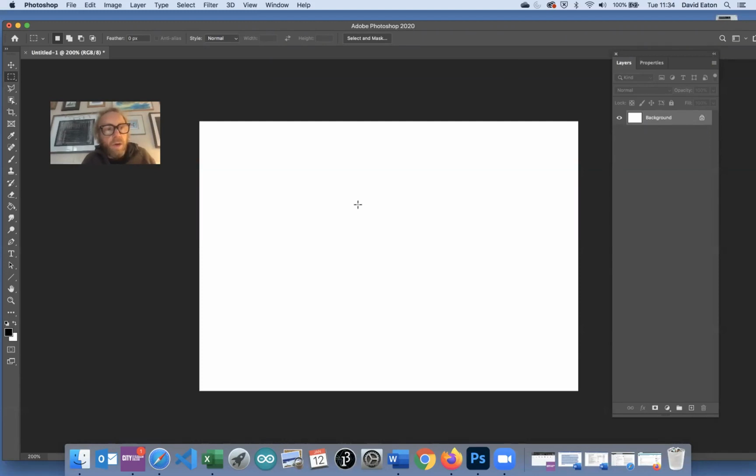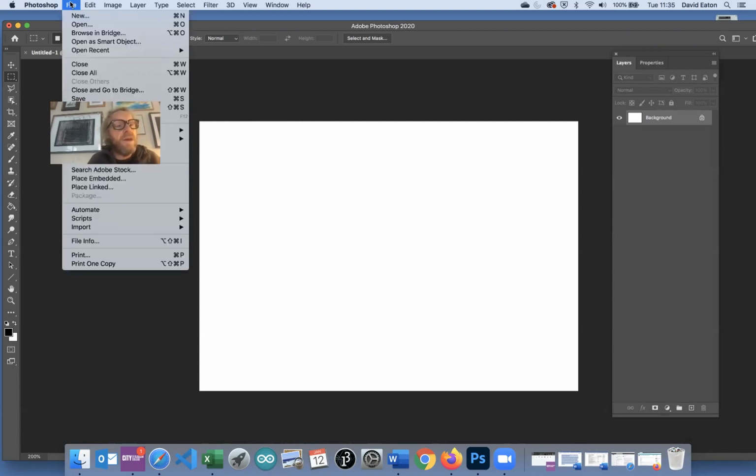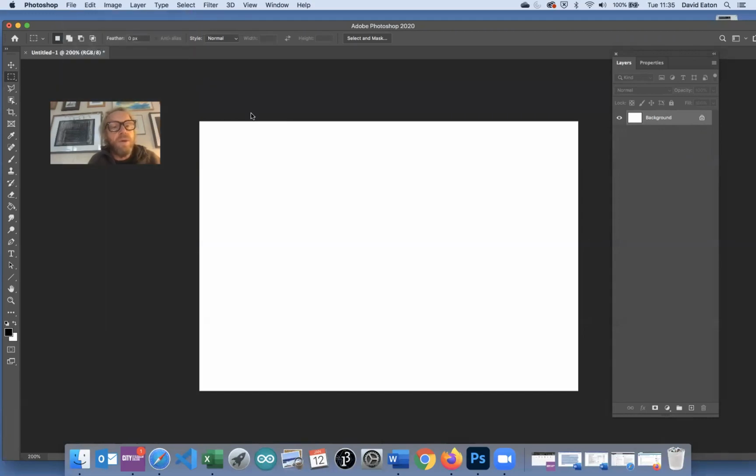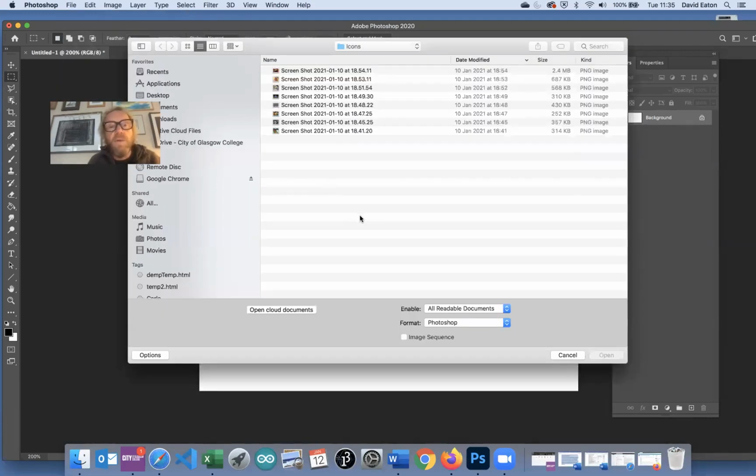Okay, we're going to look at how we can work with images that you've got saved in other files, and how we work with those and get those working and assembling on a single page. So you're going to start by obviously getting a page set up. And then what we're going to do is just open up the various files we want to use in separate windows. So if we go to File, Open, you can locate your files, and I'm just going to import these